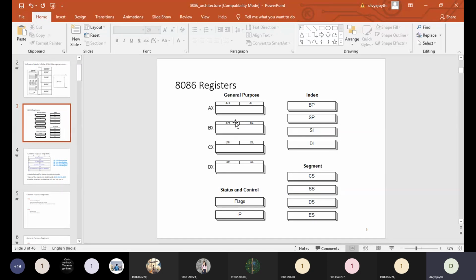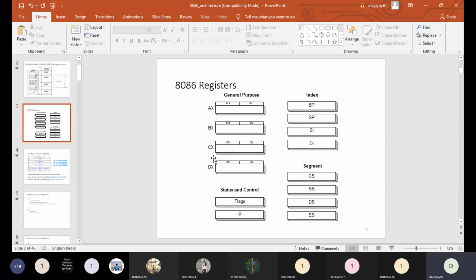So in order to utilize only the 8 bits of space, the general purpose registers have been segregated into lower 8 bits and higher 8 bits. So whenever you are working with 8-bit of data, you can make use of either AL, BL, CL, DL, or AH, BH, CH, DH. Whenever you are working with 16-bit, you need to make use of the suffix X.